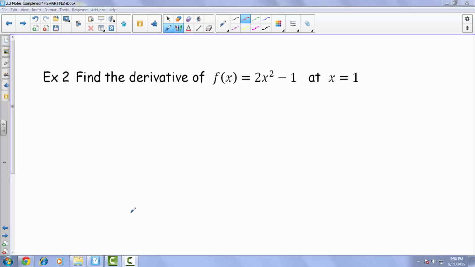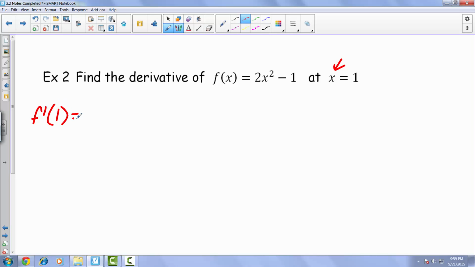Now we're looking at example 2 from our 2.2 set of notes. We're asked to find the derivative of this particular function, specifically at this particular x value 1. Going ahead and using our definition of the derivative, we have the derivative, or the slope of that tangent line